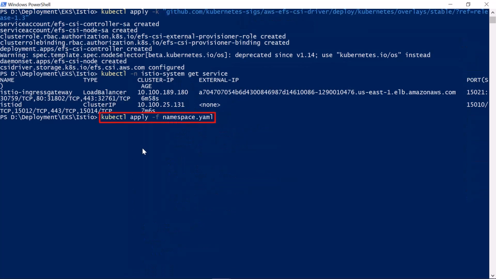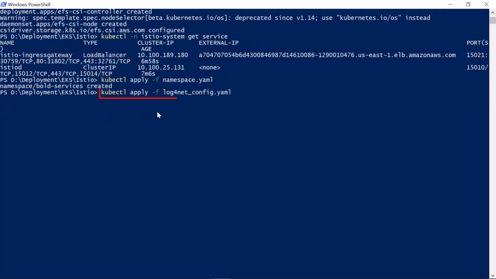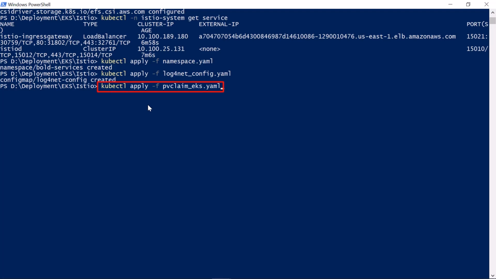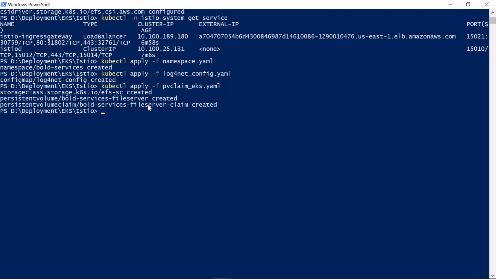I run this command to create a namespace for Bold Reports. Bold Service is my namespace. Next, I run this command to create the config map. Then I apply the configuration from pvclaim_EKS by running this command for creating a persistent volume PV and persistent volume